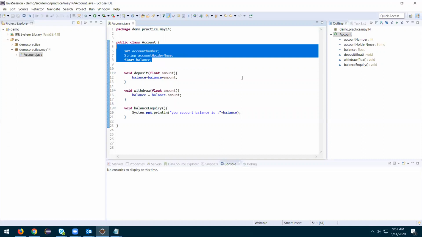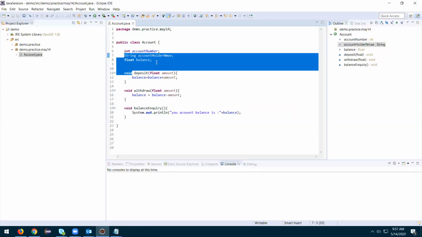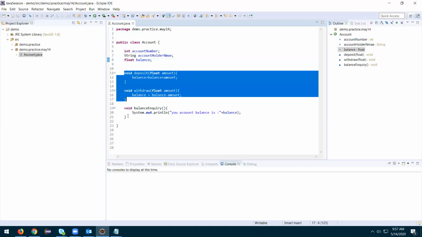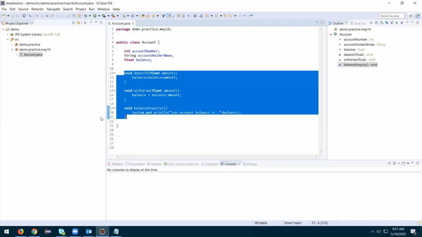If I talk about Anjali, we'll describe her with some properties, and we can assign those properties. Along with that, we'll have behaviors as well. Like in the previous example, Anjali can do some tasks. All those can be considered behaviors.